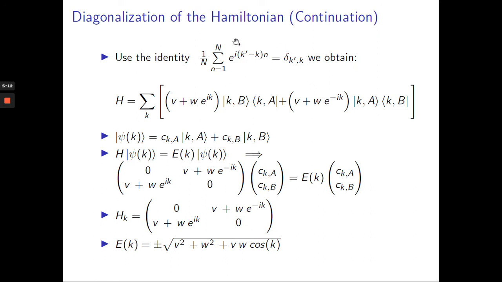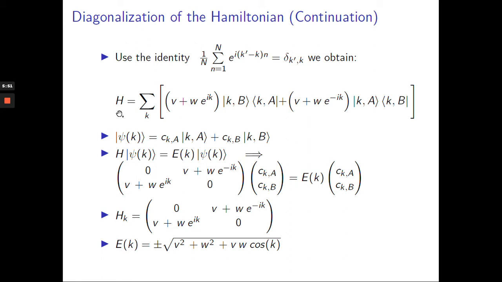Basically, when we have this sum, if k prime and k are the same, the exponent will be 0, so this will be 1, and we sum 1 N times, so it's obvious that we'll get N. But if these are different, this thing will be something periodic, and it's always 0, so the sum will be 0 anyway. And we have this relation. So substituting that in the previous expression, our Hamiltonian gets this form,